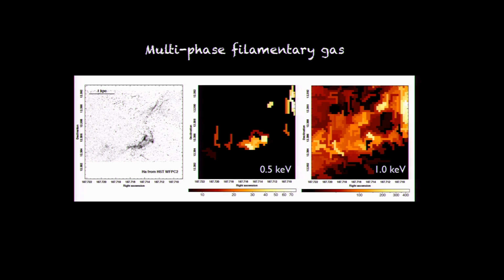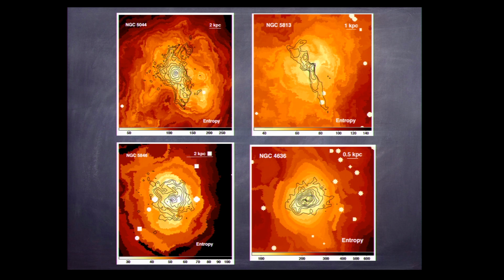There is an association, this shows it perhaps better. This is 0.5 keV X-ray gas, which is associated with these H-alpha filaments. With the hotter 1 keV gas, the correlation is not that great, but you still see that there is more 1 keV gas at these filaments. So it looks like cooling from the X-ray phase at the very first sight. In all of these other galaxies, we also see that the H-alpha filaments really trace the lowest entropy X-ray emitting gas in all of the cases.